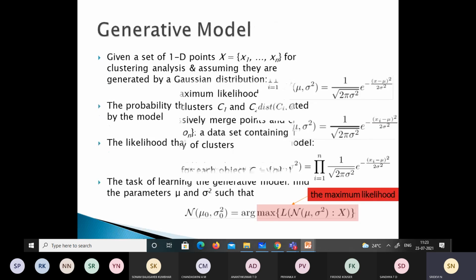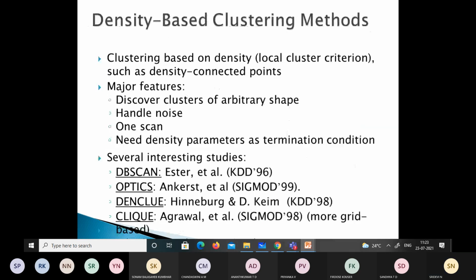So let's move on to DBSCAN. You know that density based clustering locates regions of high density that are separated from one another by regions of low density.